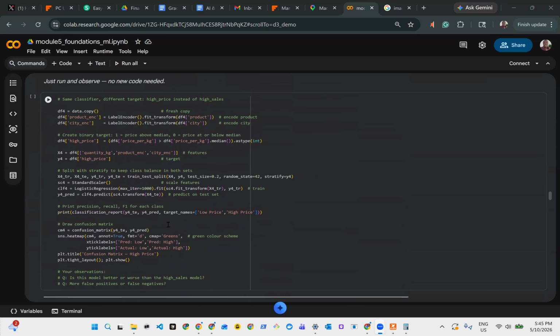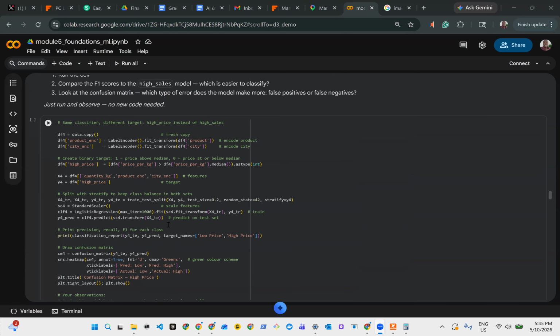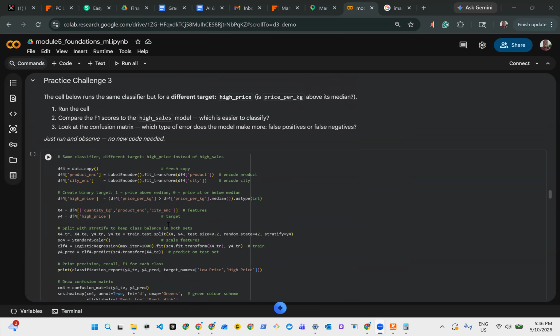So next, we're going to go over unsupervised learning in the next tutorial in this module 5. Before then, I urge you to go over the challenge, go over the code. You don't have to write new code. Get familiar with how the code is written, and we'll see you next time. Until then, keep coding.